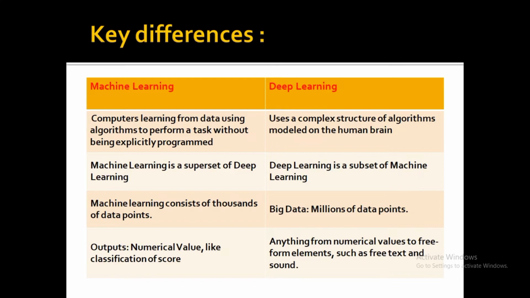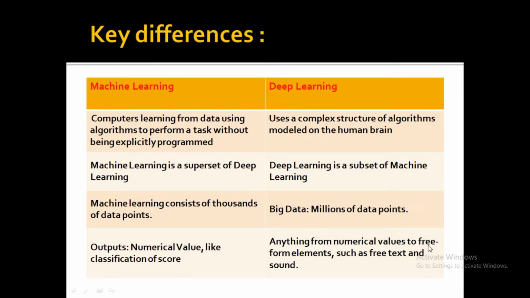In machine learning, there are thousands of data points, whereas in deep learning, there are millions of data points. It is a big data approach. So, the data set is quite large as compared to machine learning. The output in machine learning can be a numerical value, a classification score, or a group which is being categorized. Whereas in deep learning, it can be anything. It can be a numeric value, it can be an element, it can be a text, it can be an image,